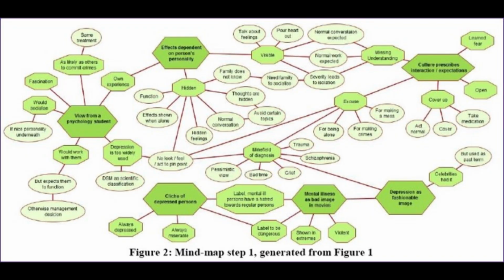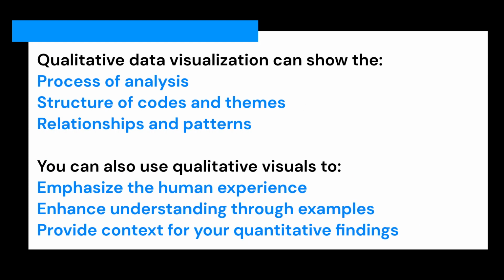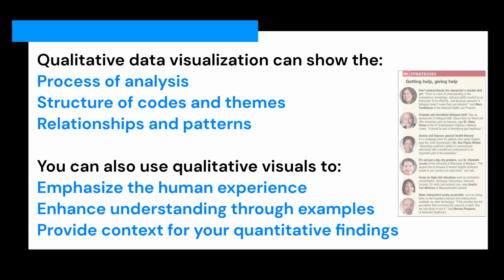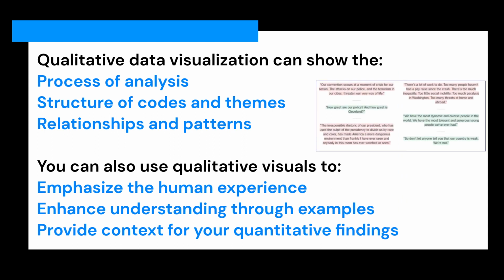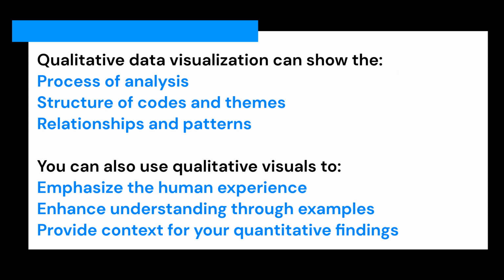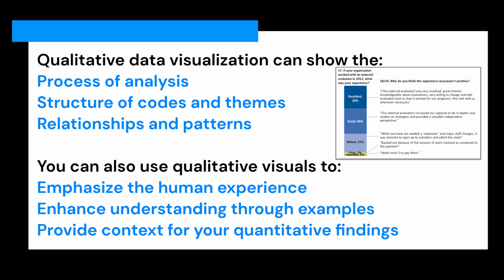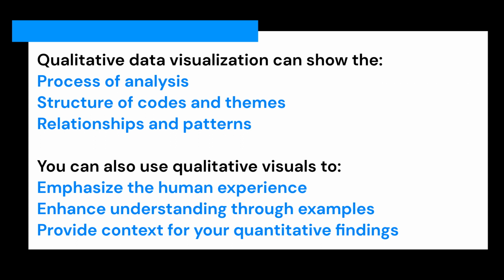Qualitative visuals are really great at being able to show the process of the analysis, the structure of the codes and themes, and even the relationships and patterns among them. And you can also use visuals for qualitative analysis to emphasize the human experience, enhance understanding through examples, and provide a bit more context sometimes, even to your quantitative data. So you might have some more shallow quantitative data, and the qualitative can be used in combination with it to provide that rich, nuanced depth. All right,